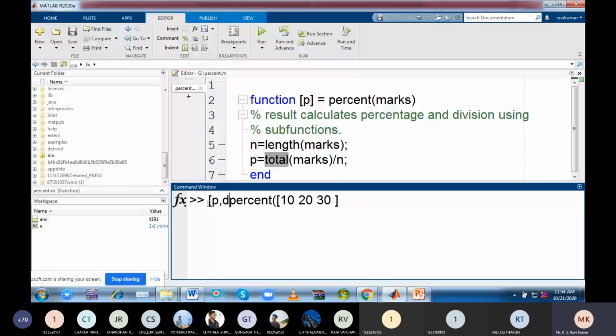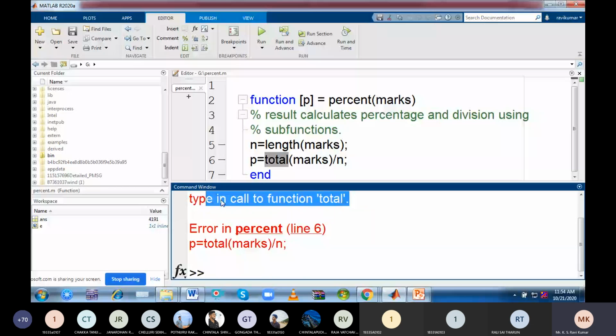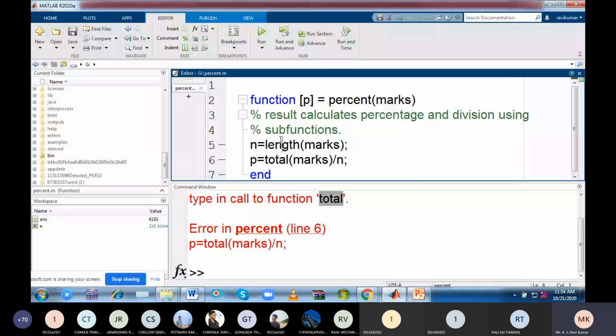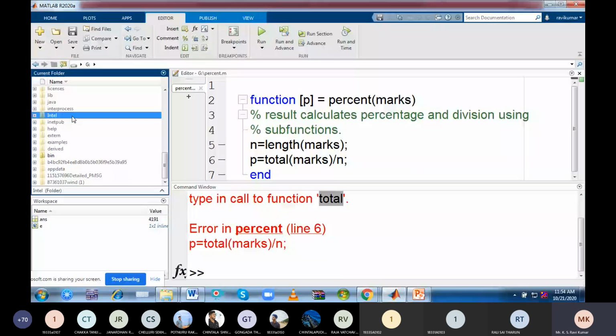You can see that there is some error in trying to call total, because total is a private function. You cannot access it from anywhere else. You have to be in the parent folder, then only you can access the total function. So that is why if you go to bin,